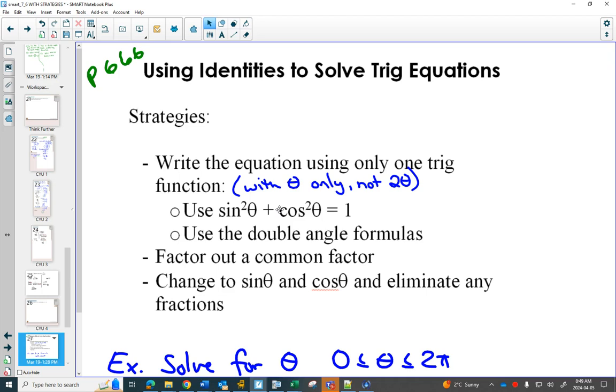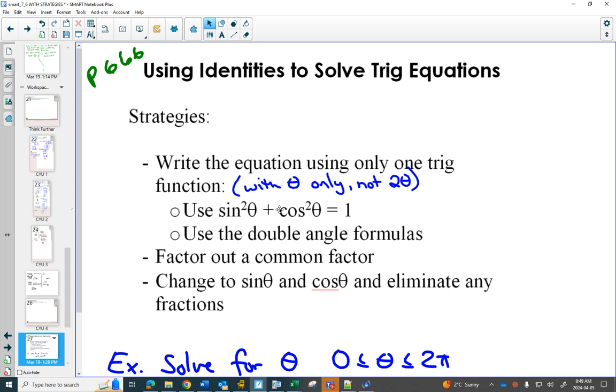And just like chapter 6, we had lots of solving. I hope you see that chapter 6 and chapter 7 have a lot of overlap. In chapter 7, the identities part, the proving, was completely new. But solving was a big part of chapter 6, and it's also a big part of chapter 7 as well, solving for theta. But now it gets more complicated because now in solving questions, we might have identities that we